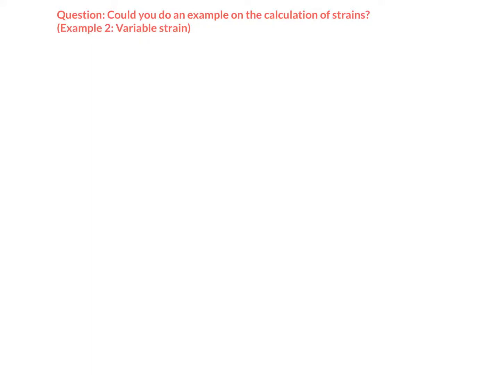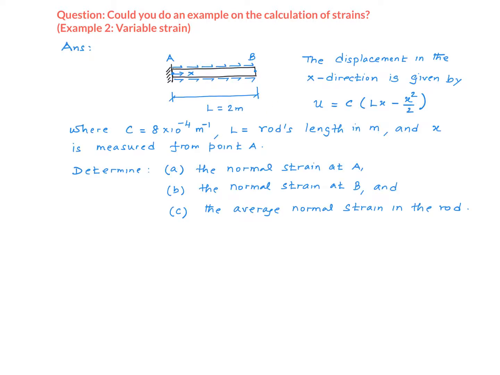The question I have here is, could you do an example on the calculation of strains? In this example, I'll consider variable strain, strain that varies with distance. Here's the problem. We have a one-dimensional rod with a constant cross-section throughout. Defining the x-axis starting from point A like shown in the picture, the rod is subjected to a distributed load